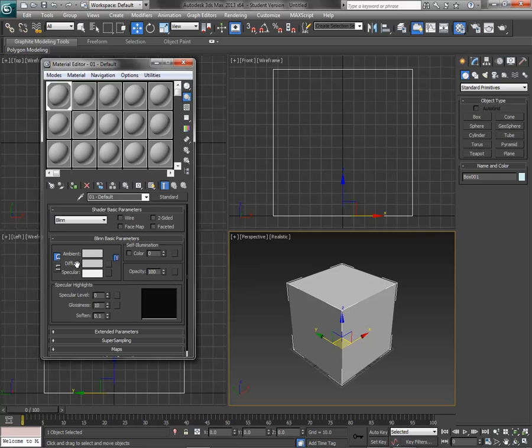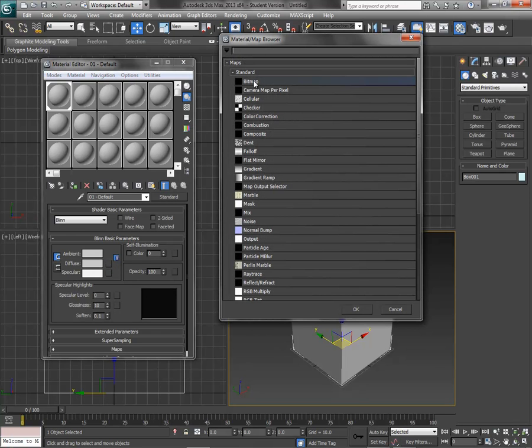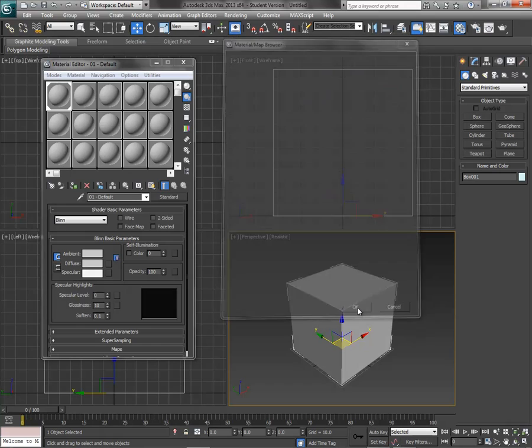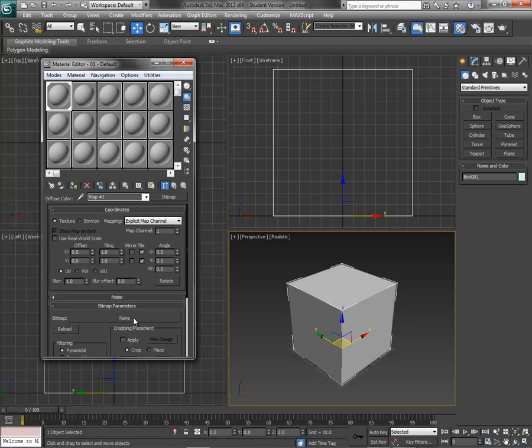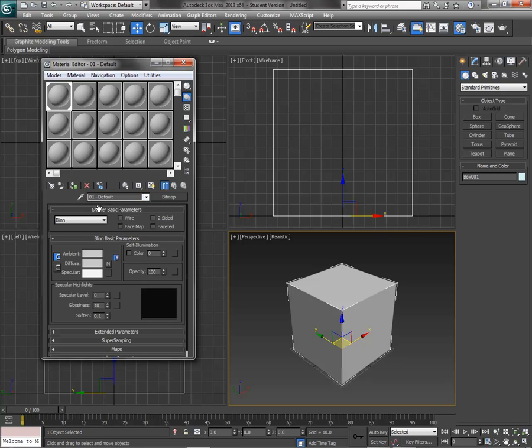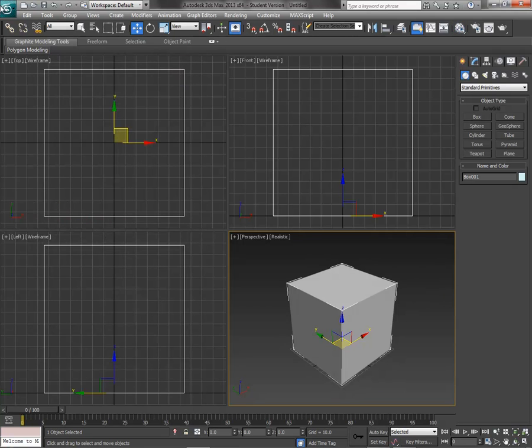So we'll assign that, and all we need to do is go to diffuse or any channel. I usually just do diffuse on the safe side. Add a bitmap. I'm not going to assign any bitmap, so you can see there's none there. But what it does is this basically created the map channel for the material. So that's all I have to do on that end. Once I'm done with that, now I'm ready to export this. So take the box,